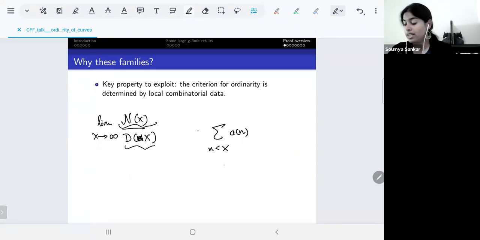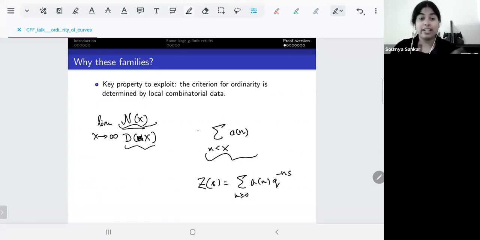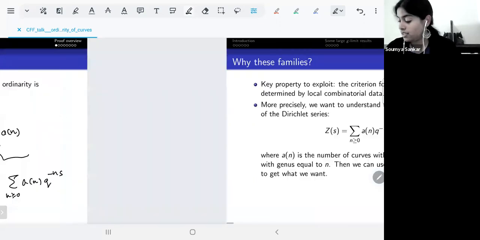And what we want is, one of the standard ways in which you calculate something like this is by using a Tauberian theorem on the corresponding Dirichlet series, which you get by summing with q to the negative ns, right? And so essentially, the way the proof progresses is calculating these Dirichlet series and proving analytic properties of these things. And it turns out